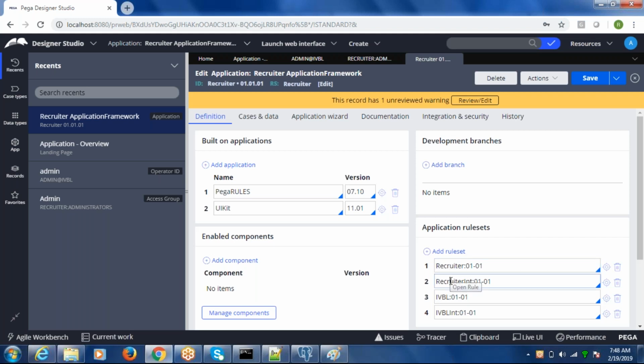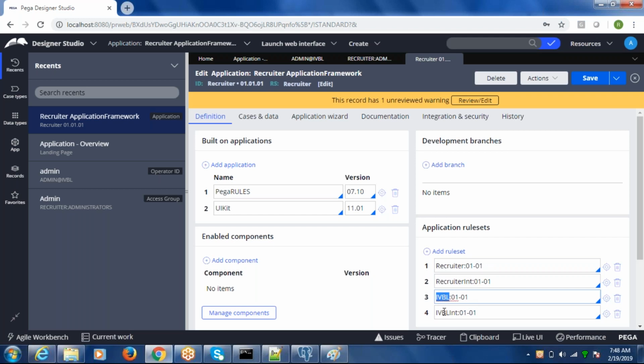Recruiter int is reserved for integration purposes. Anything where we are doing some kind of integration, we'll try to use this rule set. There is another one called IBBL, which is the name of the organization, and by default, it will create organization rule sets as well.